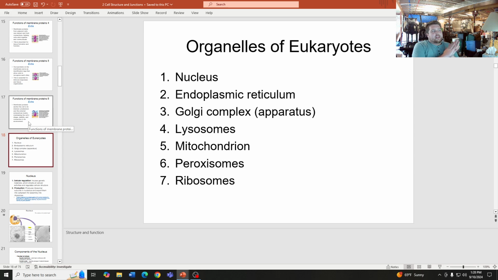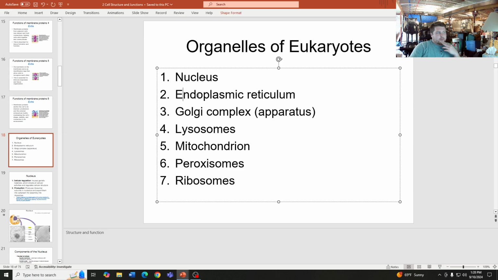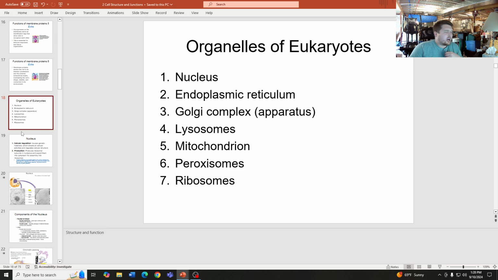Same thing now with these organelles. The organelles are the little organs of the eukaryotes, eukaryotes being multicellular beings. Each of these is going to have an important job when it comes to keeping us alive and functioning. It's not only at the individual cellular level, but as a being as a whole. So, starting from the top,